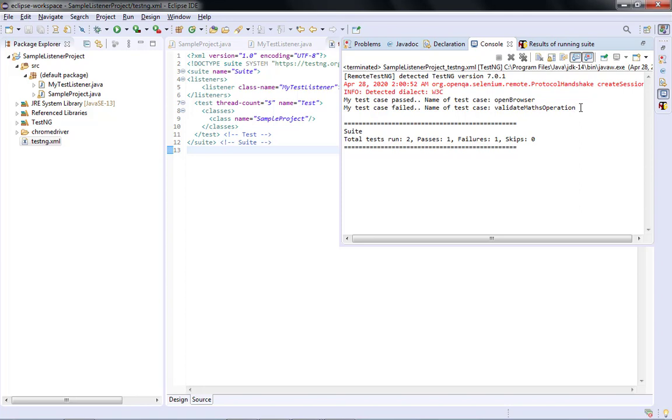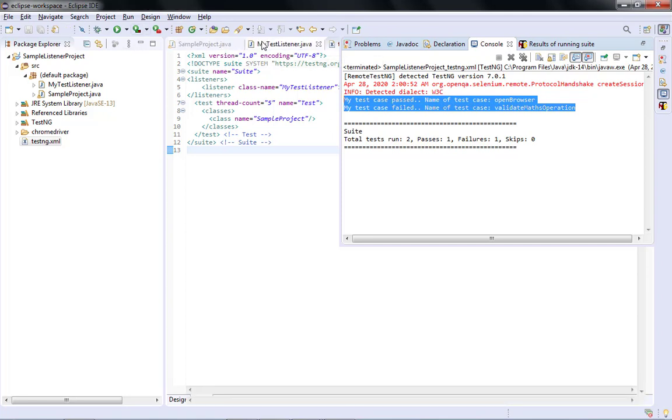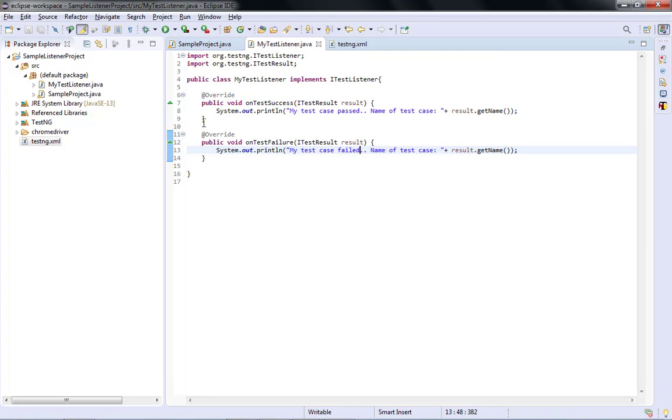So this is the beauty of listeners guys. You implement it once and then you're free. And you just put your operations, like right now I have put only the system.out.println statements. You can do the logging work here, you can report something into Excel, or you can do something into reports or anything else that you want. You just put your operations here at once and it works like a charm for all of your test cases, right? Okay, hope you have got a good understanding of what listeners are and how that works with